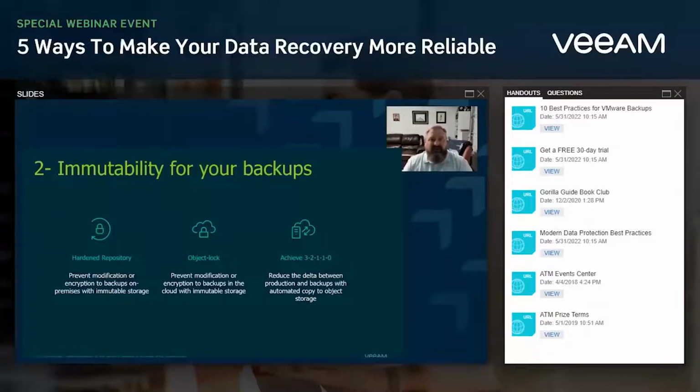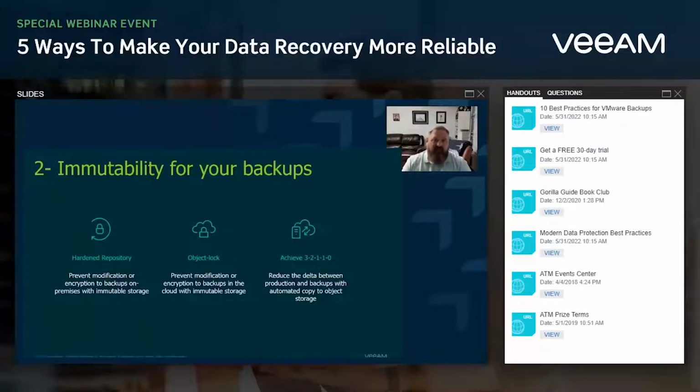So it's not just your primary data, but the data that you've protected, that data you rely on to come back if everything goes to bust, right? That data is now being targeted. So there's ways to keep that data from being altered or changed in any way, and the main one is through immutability. First and foremost, Veeam offers a hardened repository that runs on Linux,